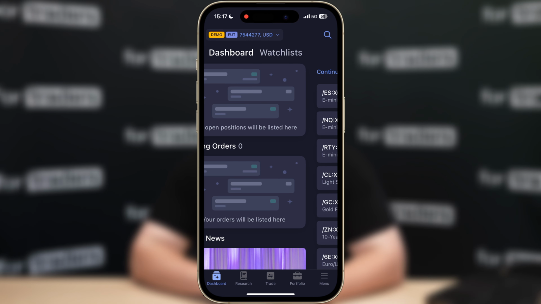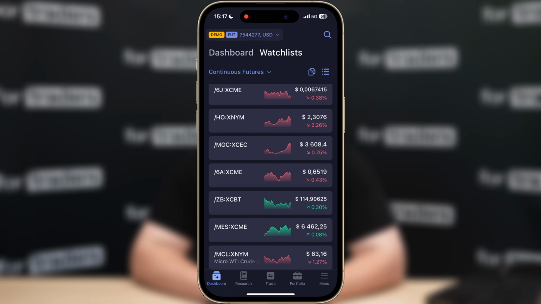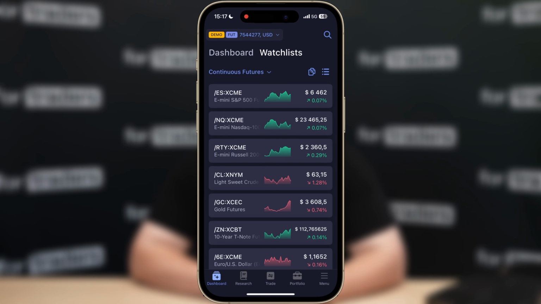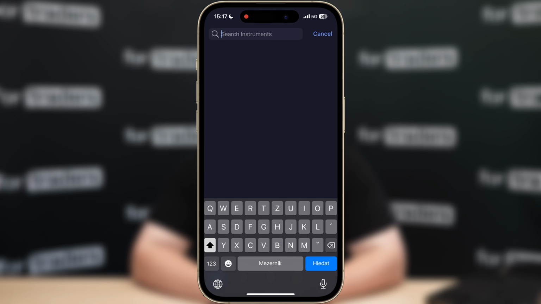When you swipe right, you will enter the watch list where you can see all available futures contracts. These are just generic symbols without expiration dates, mostly for charting and analysis, but you can also create your own personal watch list. Just click on the search icon, type the shortcut of the futures contract you want to trade,